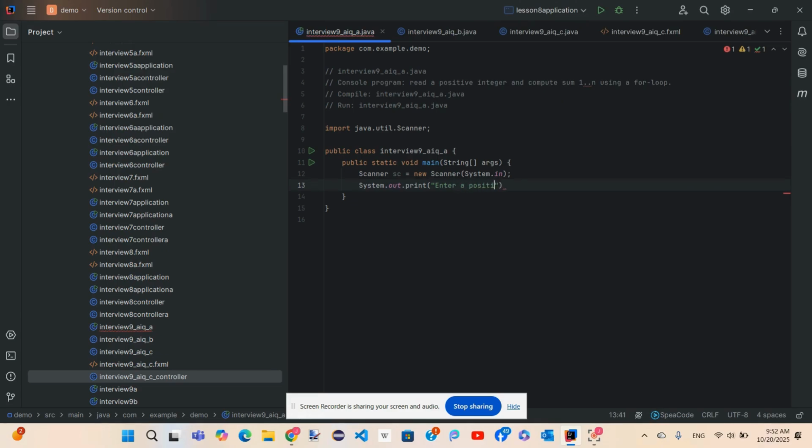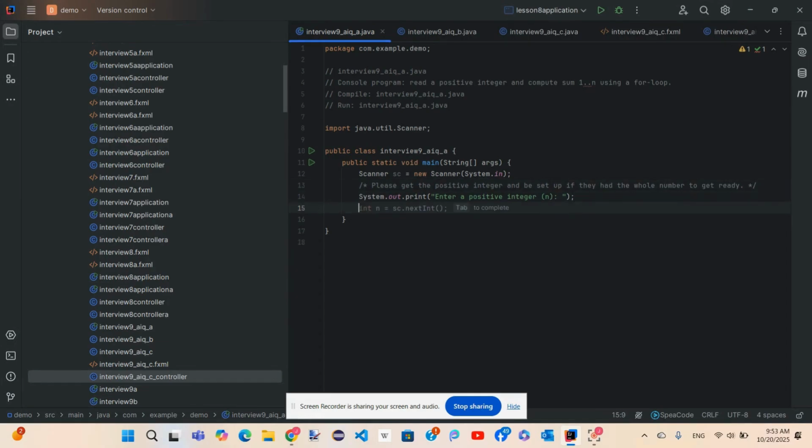Enter a positive integer. We get a positive integer and check whether they entered a whole number.